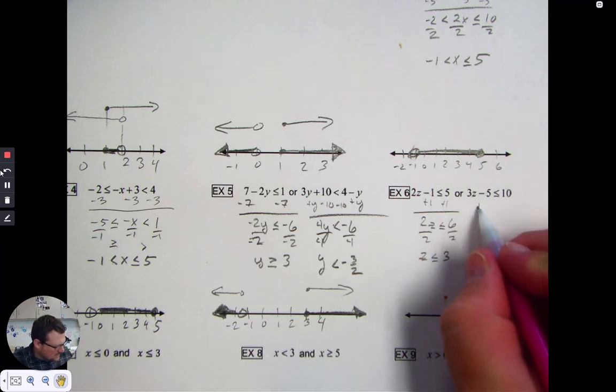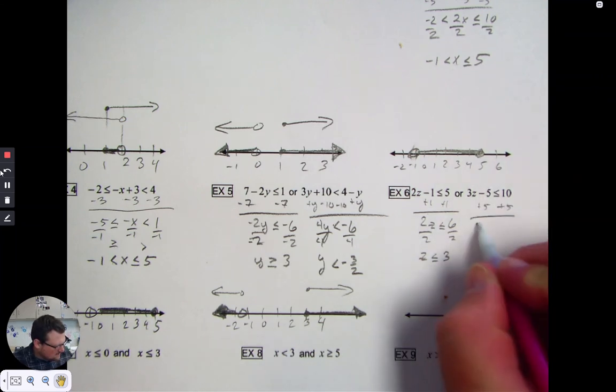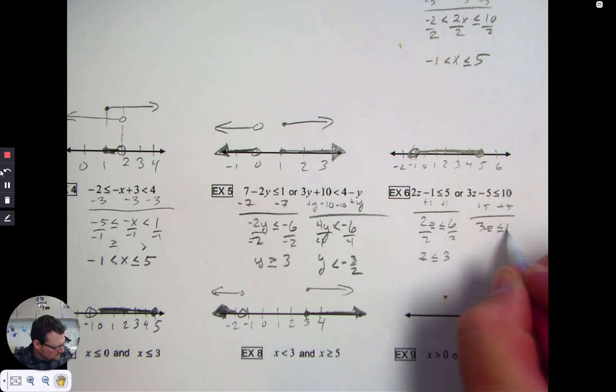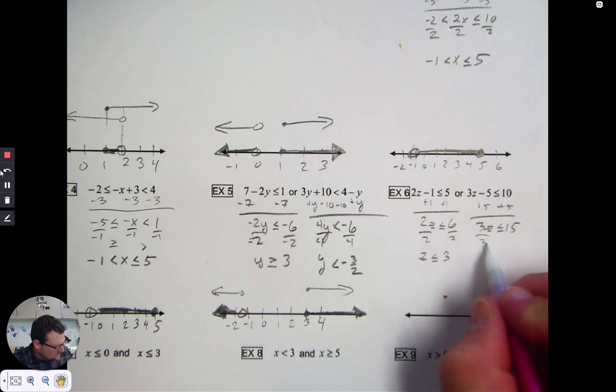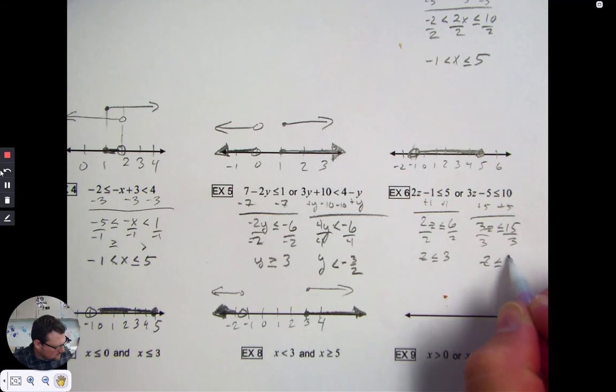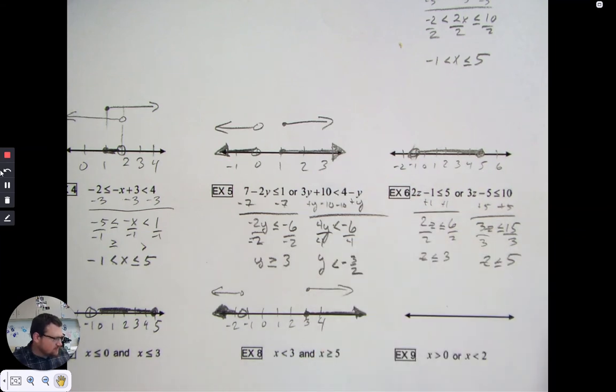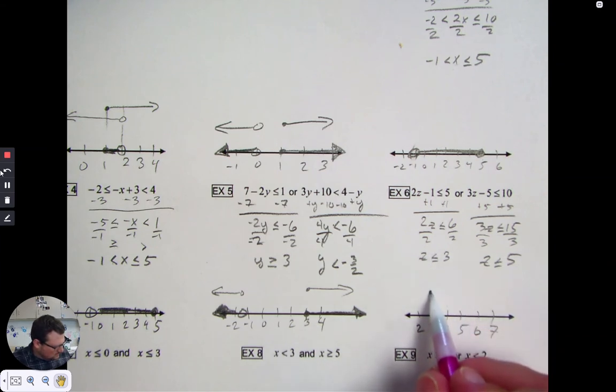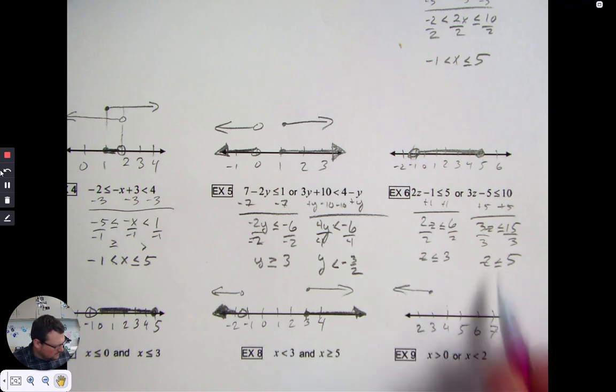On my other side, add 5 to both sides. 3z is less than or equal to 15. Divide both sides by 3, and you get z is less than or equal to 5. So now at this point, if I were to draw this out, so I need 2, 3, 4, 5, 6, 7. z is less than or equal to 3 would be a closed circle here with an arrow to the left. z is less than or equal to 5 would be a closed circle at 5 with an arrow